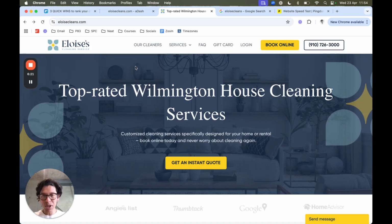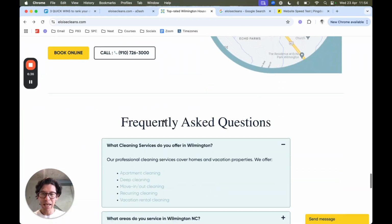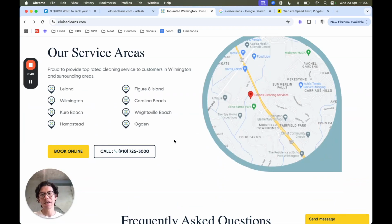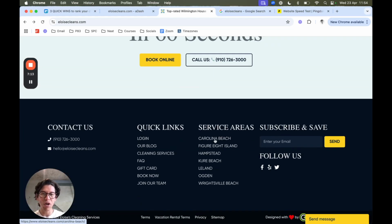So the homepage is important, but the next step of the quick wins is to make sure that we start to build out our service pages and our location pages here. So taking this client's website as an example, we know that they service Wilmington, but within whichever area you are in the country, your specific area will also have what I call sub-locations, smaller towns, smaller areas, smaller suburbs within that area. So with this client Wilmington, you can see these are some of the other service areas: Ogden, Carolina Beach, Hampstead, Kure Beach. So what we want to try to do with these pages is